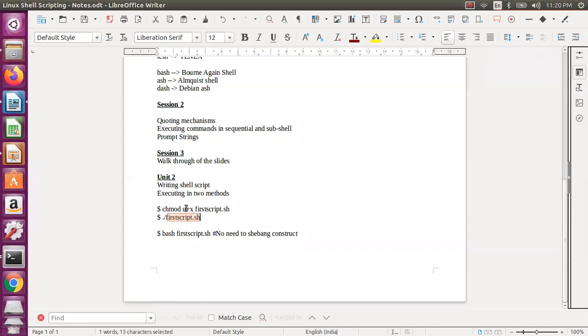So change mode, this is only one time, because you are changing the execute permission one time, that will remain completely like that, and then you can execute, or you need to do like this. So this is the second way, but we better prefer this particular way. If you are writing a big project, something real useful, if you want to just test your code, you can do like this.